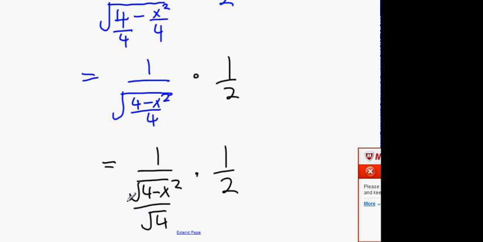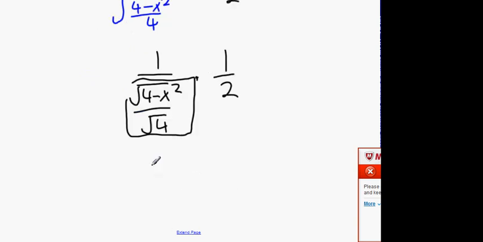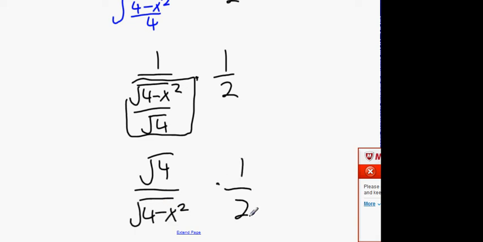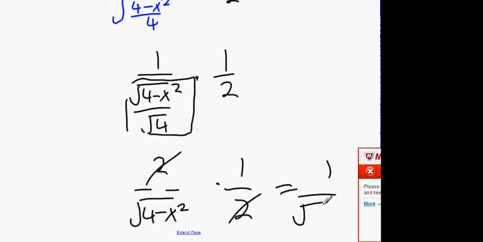Now I got to bring this one up to the top and turn it upside down, and what we're going to get is root 4. So we're going to get root 4 over root 4 minus x squared divided by a half. What is root 4? 2. And 2 divided by 2? 1 over root 4 minus x squared. Alright guys,